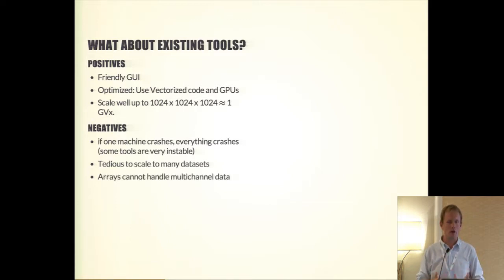Arrays, which are the commonly used structure for 3D data or image data, don't handle multi-channel data very well. If you have an array and you want a color image, where each channel is a different color, you then need 3 arrays. If you then have spectral data, you need hundreds of arrays. And so it's very difficult to do analyses with data structured in that format.